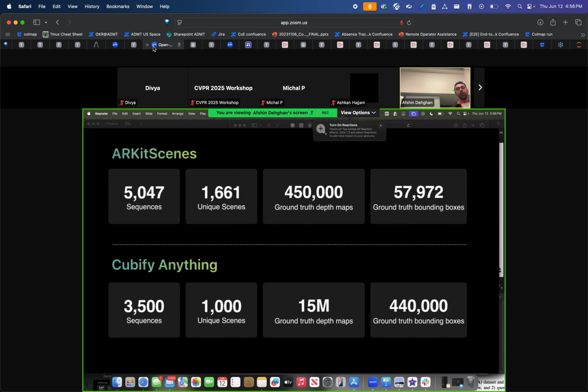more boxes. We also were able to release more ground truth depth maps compared to ARKit scene, even though it was coming from fewer sequences, unique scenes, but in terms of the 3D object detection, it was significantly more than what we had before. And of course, our ambition is to get to 1 million. So this is the data set we call Cubify Anything, or CA, that I'm going to be referring to in the rest of the